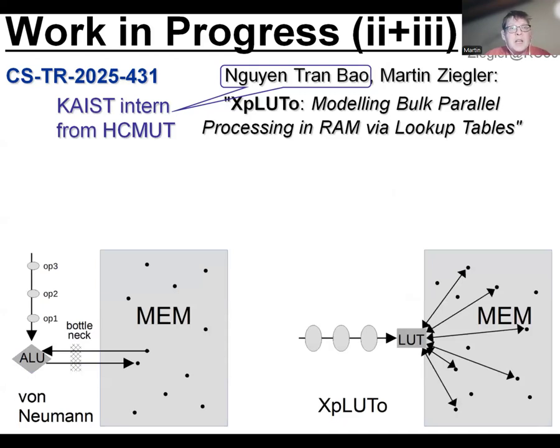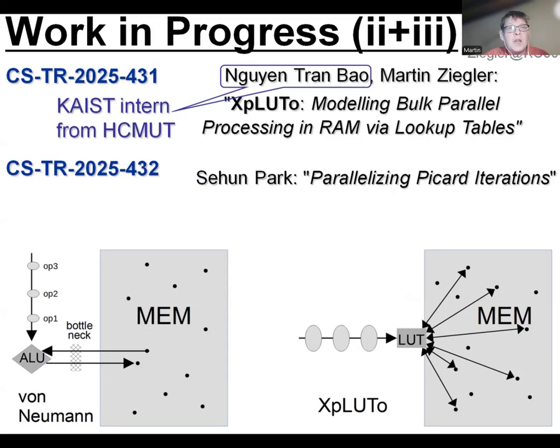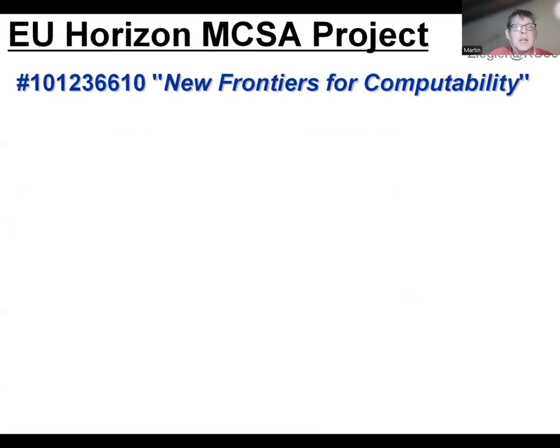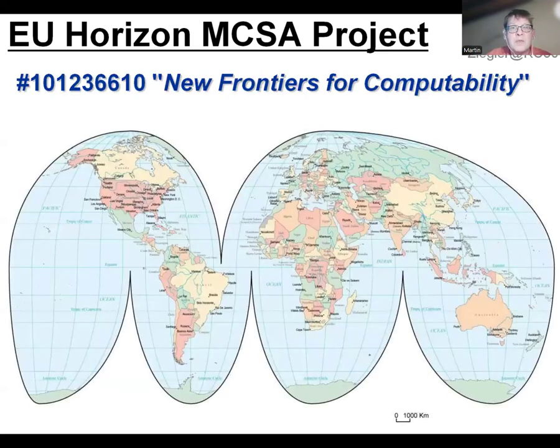Its architecture is a kind of counterpart to the von Neumann architecture. And the third technical report is on parallelizing to accelerate Picard iterations using either GPU parallelism or multi-core CPU. And Sehun has explored how much acceleration is feasible and where no further acceleration benefit comes in. So this is work in progress, and I already mentioned the EU Horizon project, which consists of